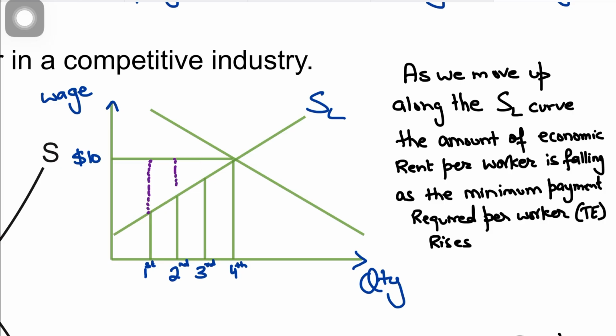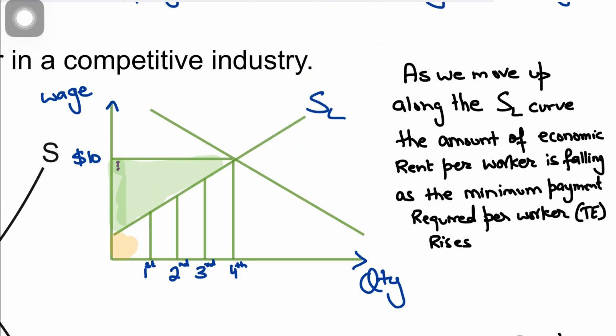But you see, if you add up all these lines, there is a pattern here. The market, this competitive industry, is hiring 4 workers. If you add all these vertical distances up, you get a pattern, which we show as a shaded area, but it actually gives numerous thousands of lines. So this is your economic rent.